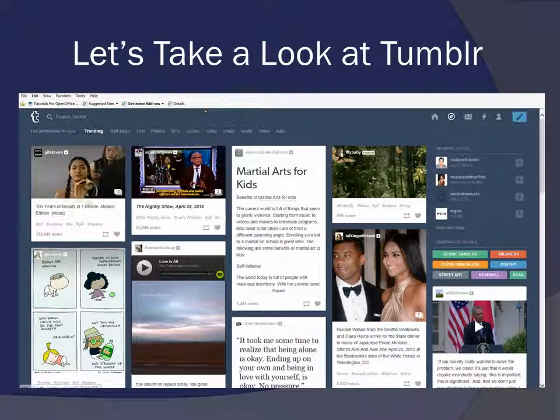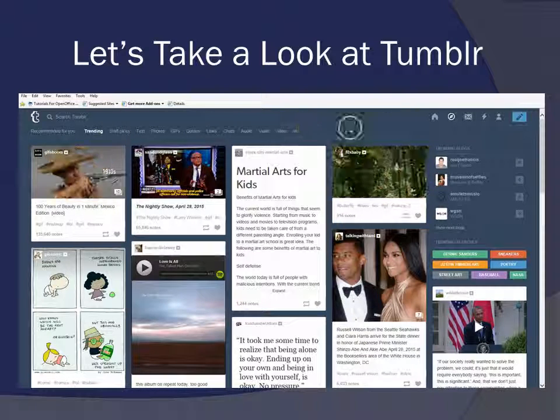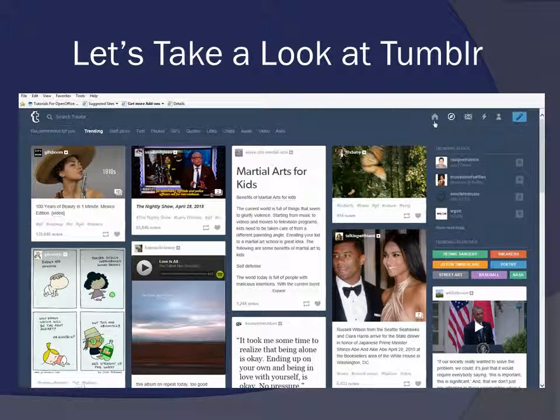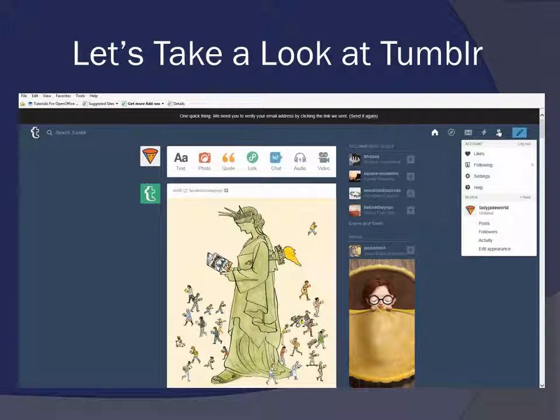This takes me back to the trend. This is kind of like your news feed. From here I've got other options I can do. Maybe I want to go back to the home page, and that's my feed here. Maybe I've got some